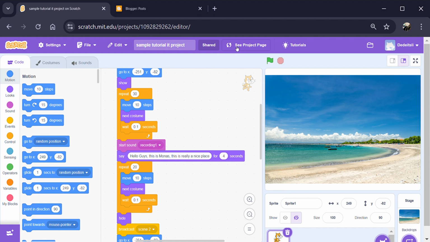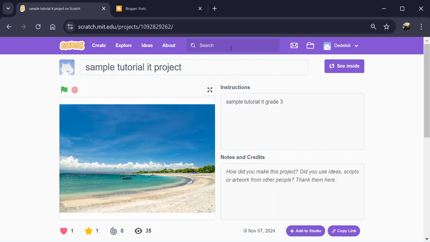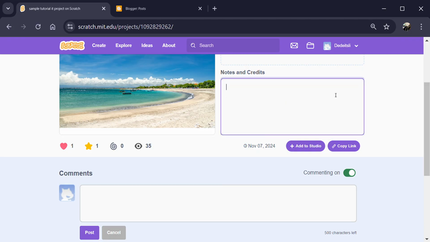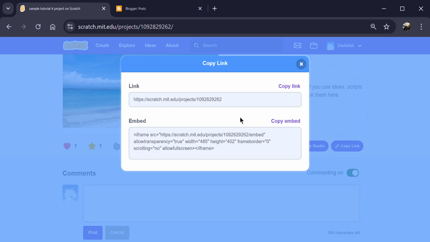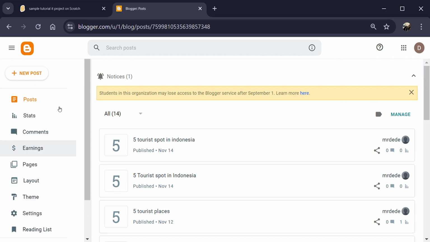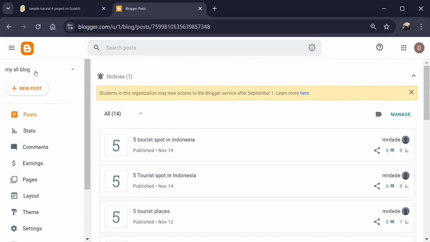Okay, first you go here, and then choose copy link, and then copy this one, the embed code, and then go to your blog. Make sure it's your correct blog. Choose the blog, click new post,